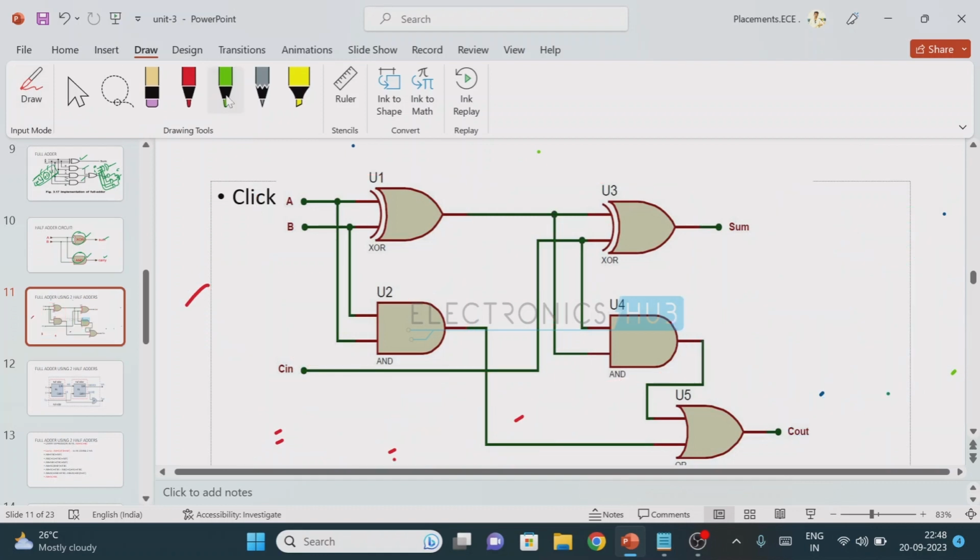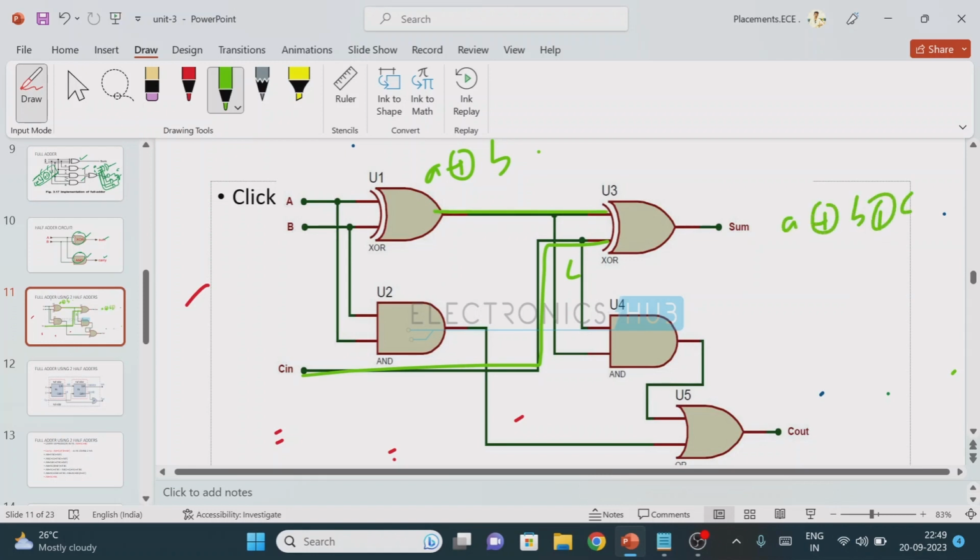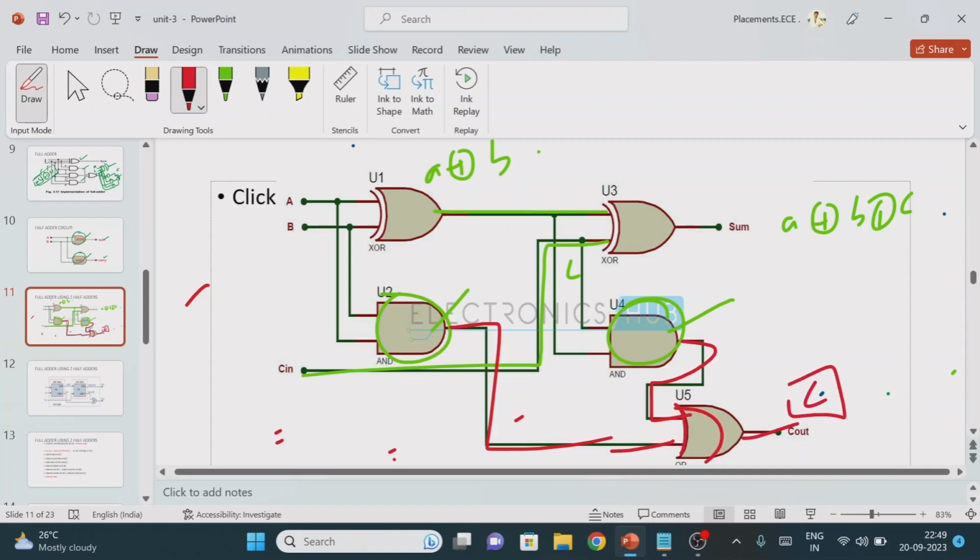See what we have done: we have taken one input terminal for the half adder, and one more input terminal for the full adder. So here the value is A XOR of B, this value is C, right? If you connect this one to this one, you will get the sum value equal to A XOR of B XOR of C, right? So here the carry will be generated in AND gate 1 and AND gate 2. So here we cannot take two carries, right? For that, we are going to add this carry as well as this carry in order to get only a single carry, right? So like that we need to draw the full adder using two half adders.